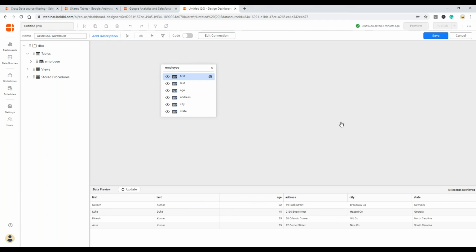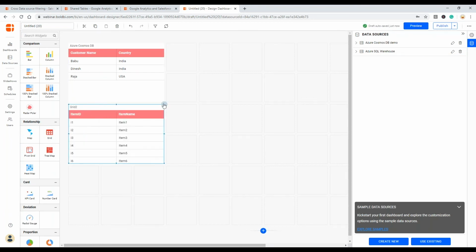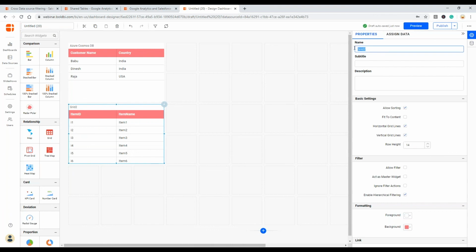Bold BI now. So let me just save it, and then add another grid widget for simplification. Let me just quickly bind my data.